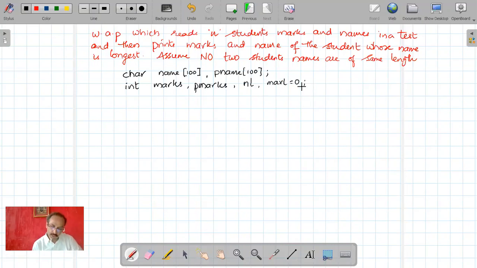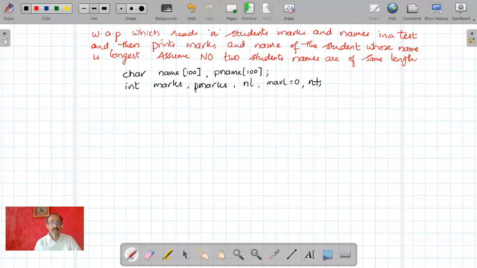These are the variables which we require. And also we need the number of students we would like to read, n. Whether I want to read 10 students, or 2 students or 3 students.